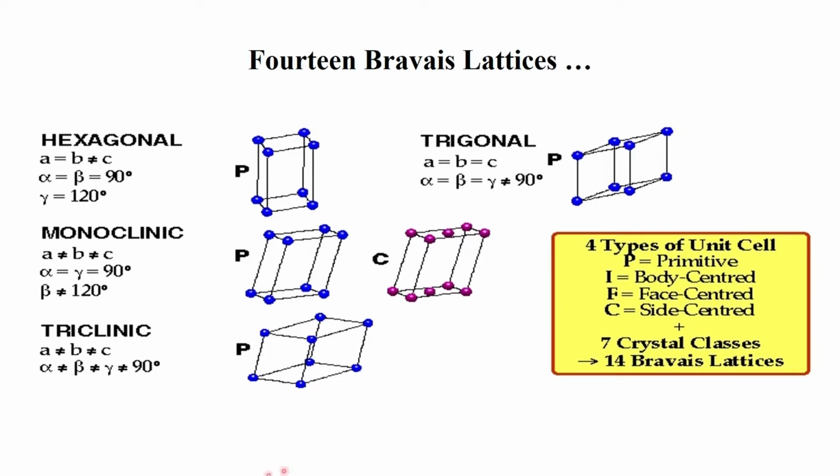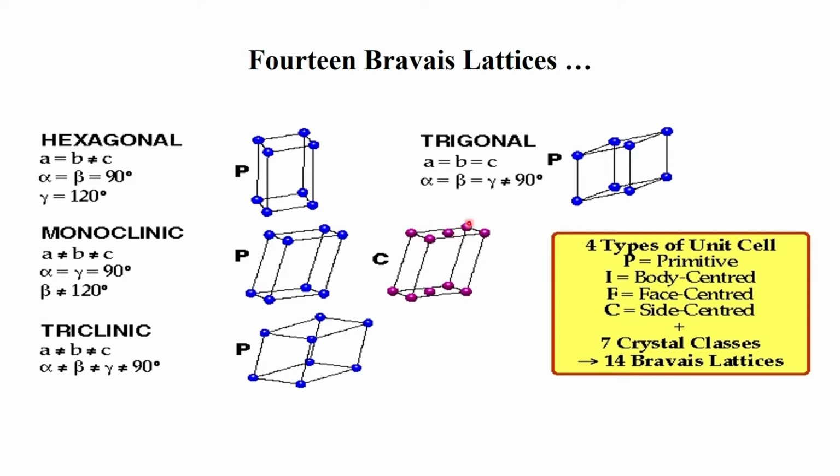The simple way is that we have a primitive lattice, which is represented by P. We can have the C side centered lattice, which is the case with a monoclinic system, because here the angle is 90 degrees, the alpha and gamma are 90 degrees. Because of that fact, we will have this as a possible C centered lattice. Since it is a centered lattice, it could be along C or A or B, but in this particular example we have a C centered lattice.